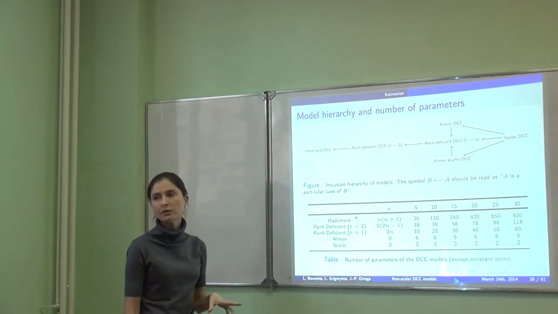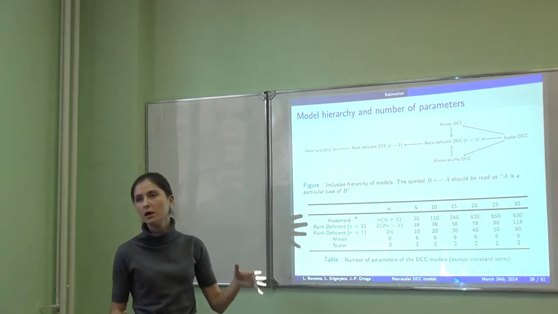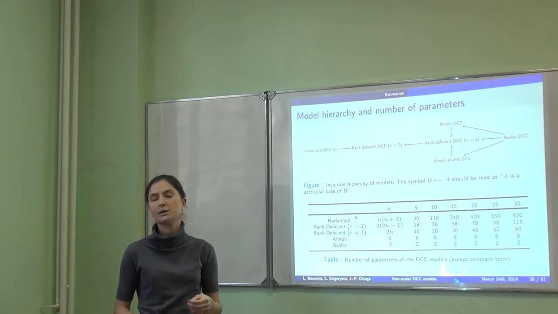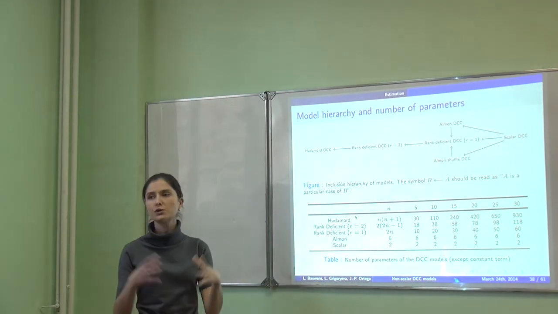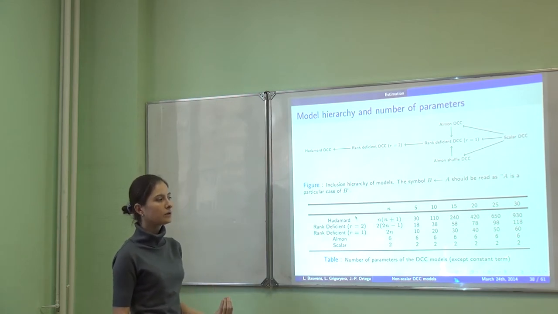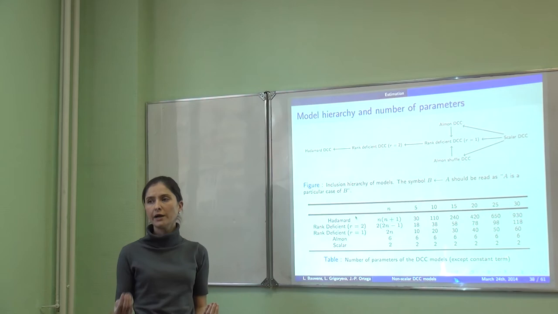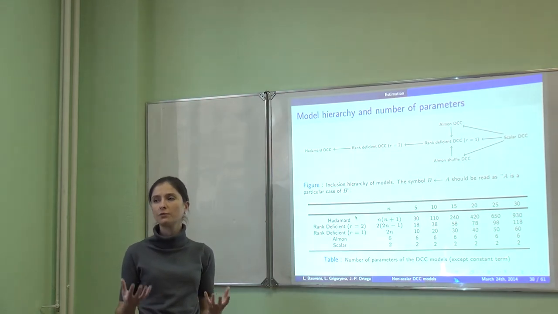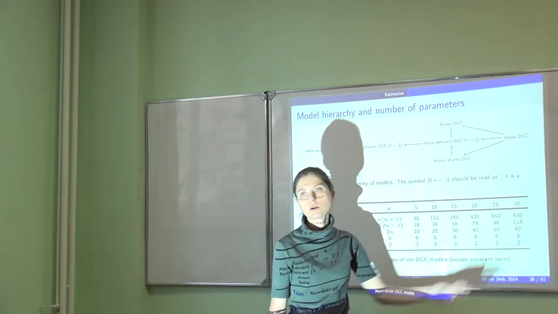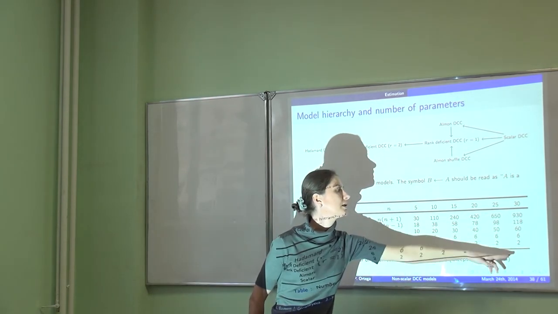So when I'm talking about the big number of parameters, what do I mean? So here you have the table that just gives you some feeling about how many parameters we would finally have to estimate. For the Adamort case, that is the richest one, we suppose that we have the richest model that gives us a lot of parameters, and we will be able somehow to inherit the dynamics of the process if it's difficult, out of this model the best. So given the number of the assets 30, we already have 930 parameters to estimate, right? In the scalar case we have 2, and we have other cases in the middle.